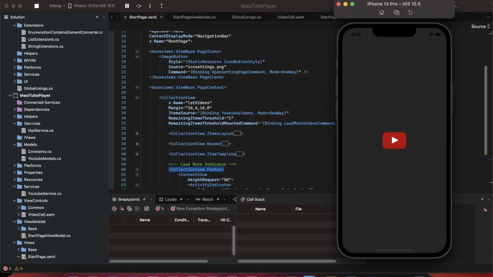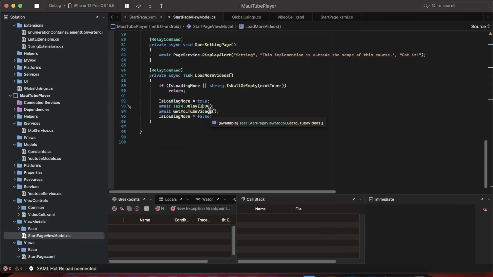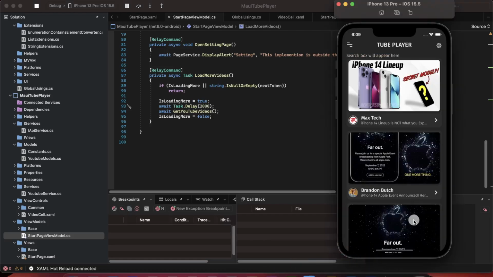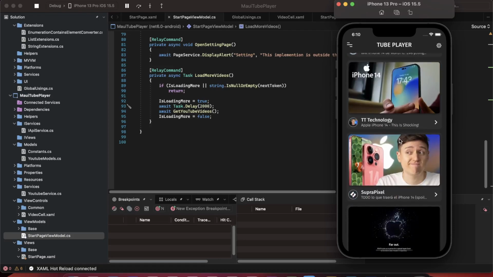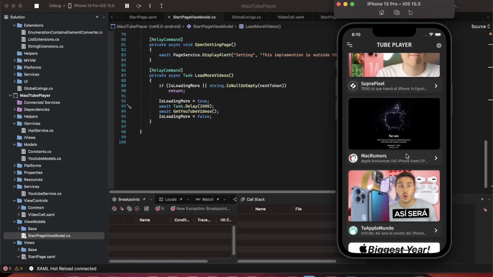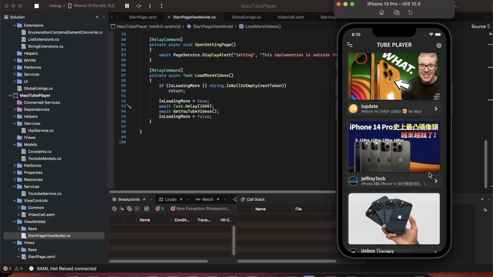So our application is loading up, and I have put in a delay of 2 seconds on purpose over here so that we can show you how this is looking. If I now scroll down, you see the moment I scroll, it is fetching, and this indicator was on, and the moment it is completed, the next 10 videos are available, it stops showing the indicator. If I slowly go down, very, very slowly,